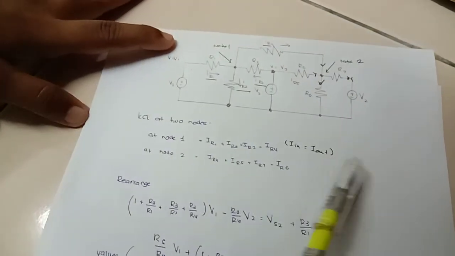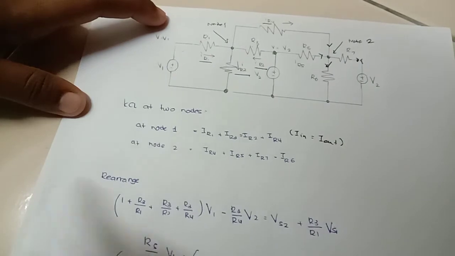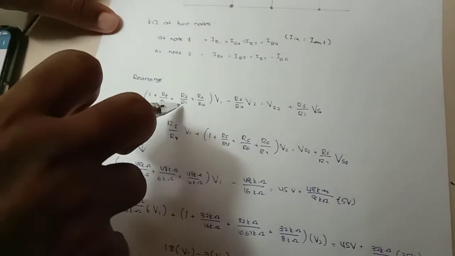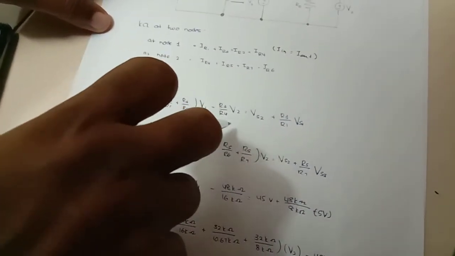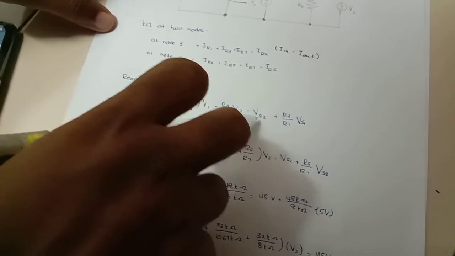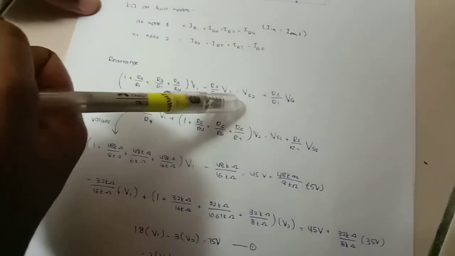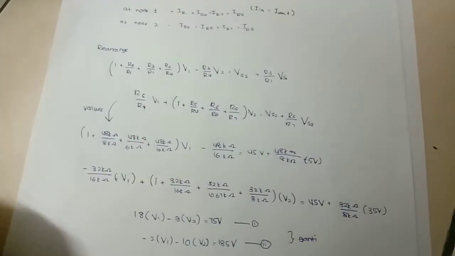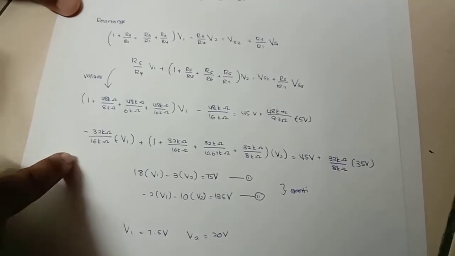So when we rearrange this KCL formula at the two nodes, we will get 1 plus R3 over R1 plus R3 over R2 plus R3 over R4, times V1, equals R3 over R4 times V2, equals Vs2 plus R3 over R1 times Vs1. So when we